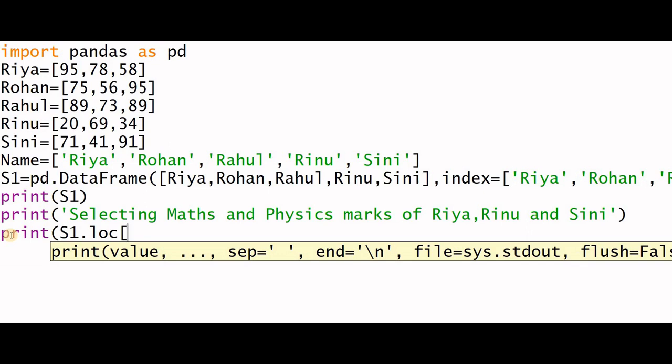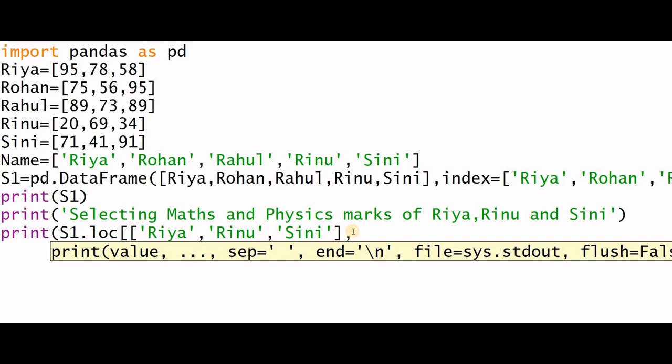The rows are Ria, Rinu and Sini. We are going to access the mark details of Ria, Rinu and Sini. These are the 3 elements that should be inside a list. So the row labels are over there.